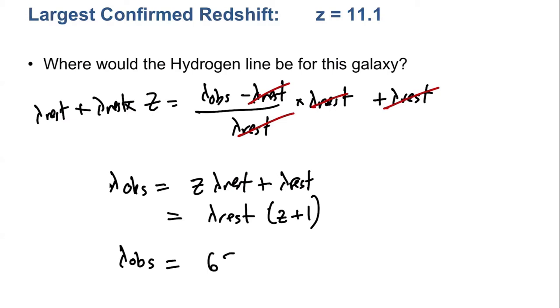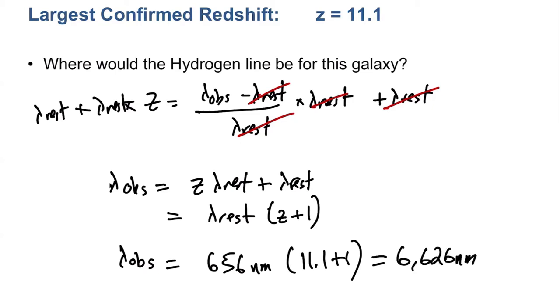Lambda rest is 656 nanometers. Z is 11.1. 11.1 plus 1 is 12.1. 12.1 times 656 nanometers is 6,626 nanometers. Or if you want to multiply by a factor of 10 to the 3 and raise the exponent on here, this is 6.6 roughly microns